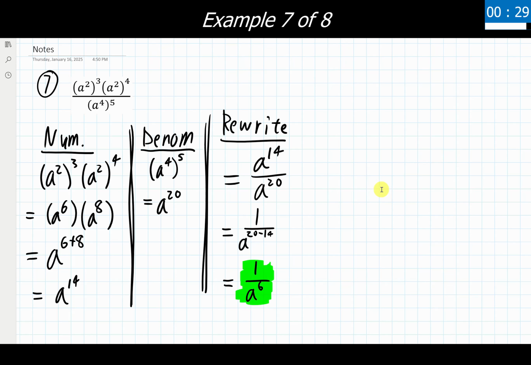Now while I went through and split this thing up into numerator and denominator, you could do each of these steps inside of one big fraction. You would just want to wait to use the quotient rule until you have the numerator and denominator fully simplified. So you can do them all at once, then get to here and simplify, or separate them out and do them individually, then bring them together and simplify. Either route would work.